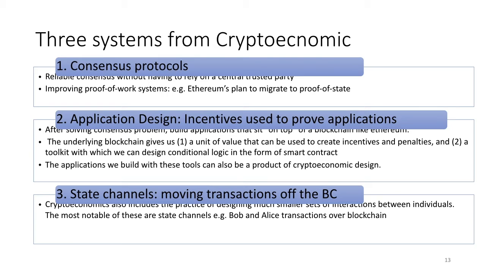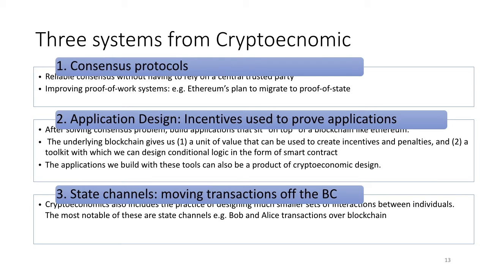So let me give you some examples of what I mean by that, because I know that's very abstract. So I'm going to bring that down the abstraction ladder a little bit. Consensus protocols, right? So how do we verify in blockchain? Well, we do it through consensus. And we don't rely on a central trusted authority. We rely on basically the wisdom of the masses. And how do we do that? Through a proof of work system, or a proof of stake system, rather.